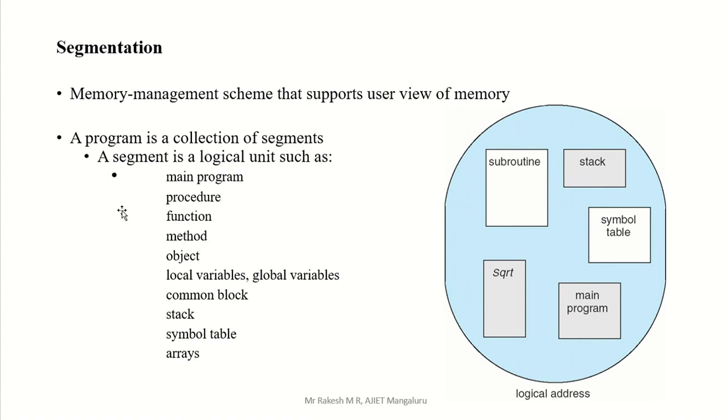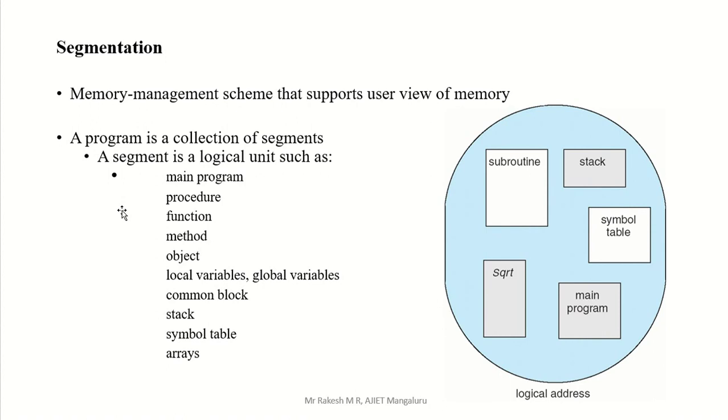Now what is the concept in paging? There we are not seeing what is inside the process, we are just dividing it into pages. We are not seeing what is in that page. We are not going to see how we have to divide. That means consider we have a 100 line code. Once you divide, some 20 lines of code may be in page 2, and the remaining 80 lines may be in page 3. That is also possible, but we are not seeing anything of whatever is in your process. We are just dividing your process into pages. We are not seeing any content present inside your process, just dividing. That concept is there in paging, but segmentation is not like that.